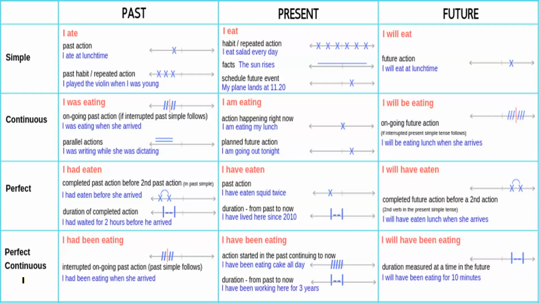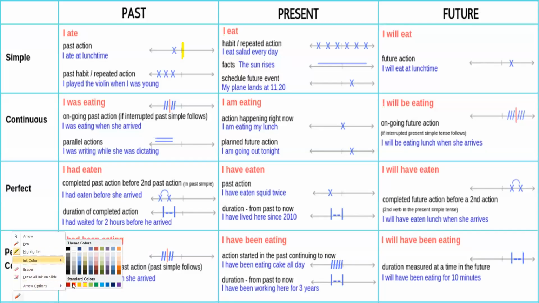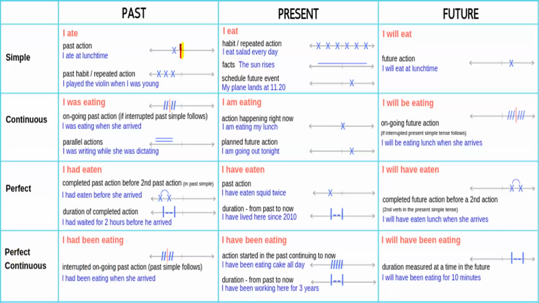Tenses in regards to time reference. The first tense, past simple. This is the point of present. Let me change the color of the highlighter. This is the point of present, and this is the future, and this is the past. The first form, past simple,